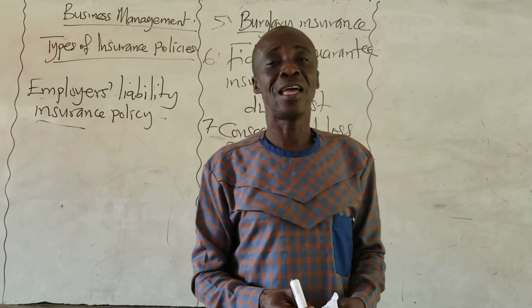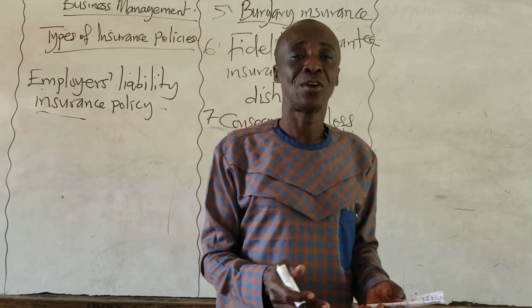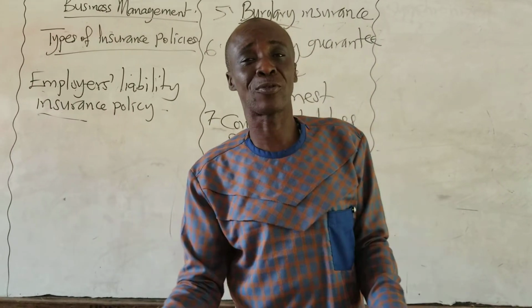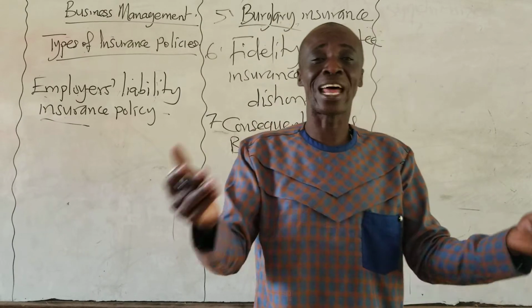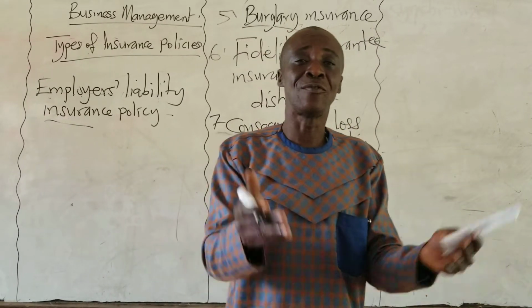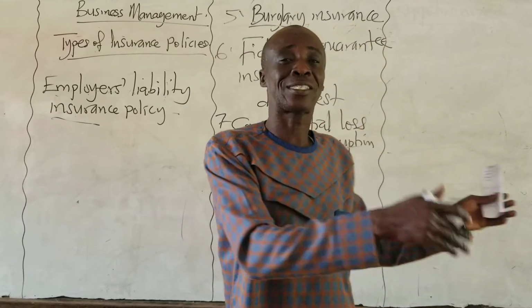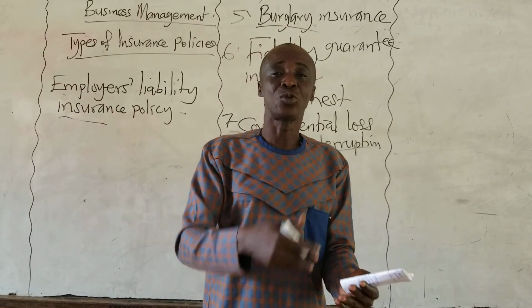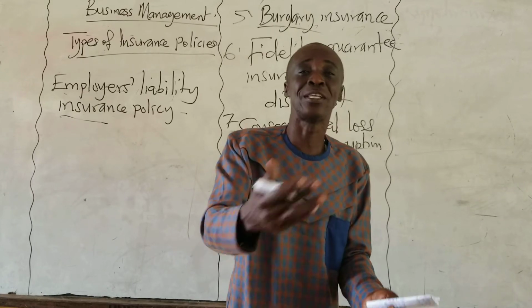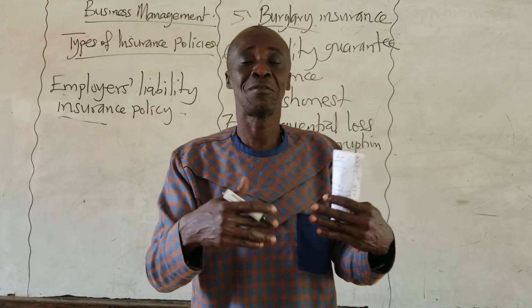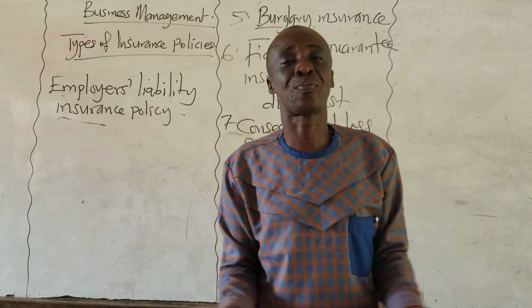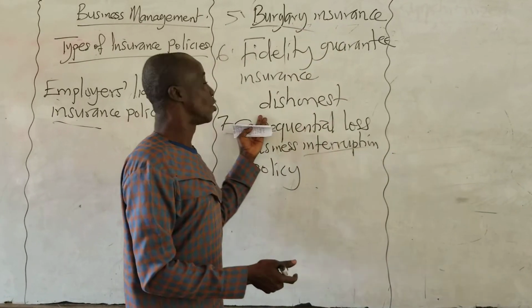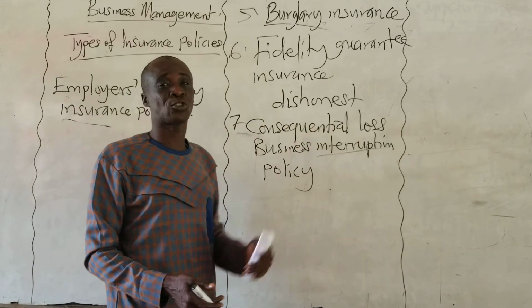So maybe every month he makes a profit of 10,000 Ghana cedis. He had entered into an agreement with them. He told them he makes an average of 10,000 cedis, so that in the event of such an incident, the insurance company should pay him 10,000 Ghana cedis on a monthly basis. They will calculate their premium, and then you'll be paying, so that when you stop operations as a result of the incident,